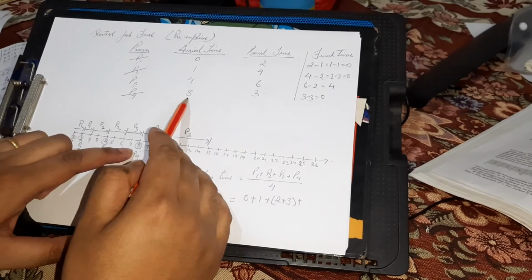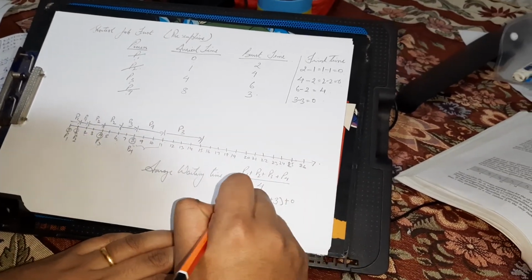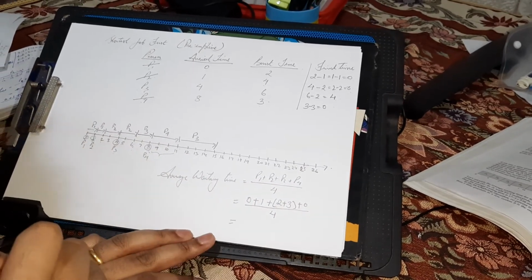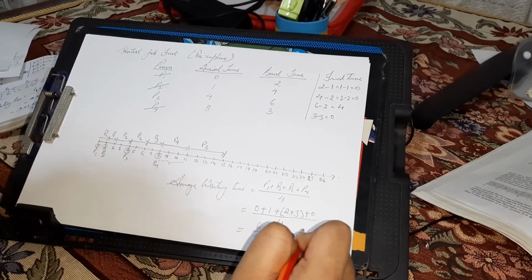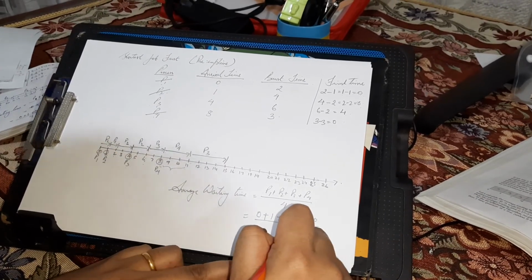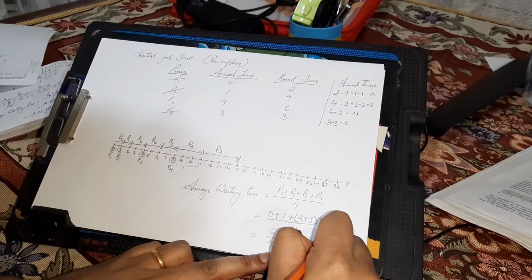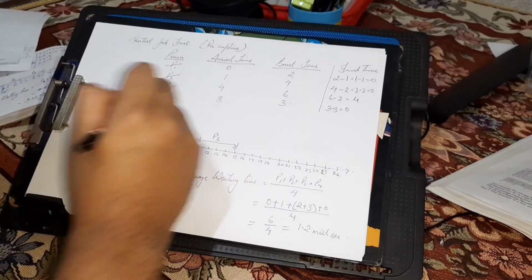It arrived at 8 milliseconds and got the CPU at 8 milliseconds, meaning P4 did not have to wait at all. So that is our calculation for the average waiting time, which is 6 by 4, the answer is 1.5 milliseconds. So this is the average waiting time for this